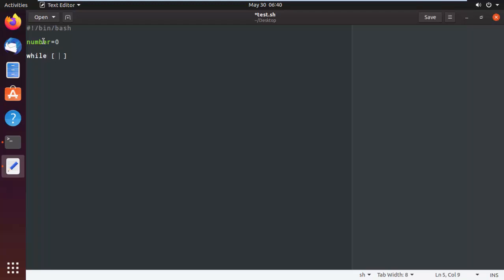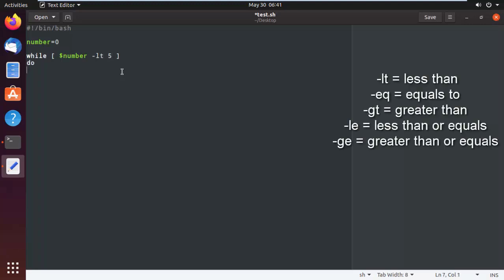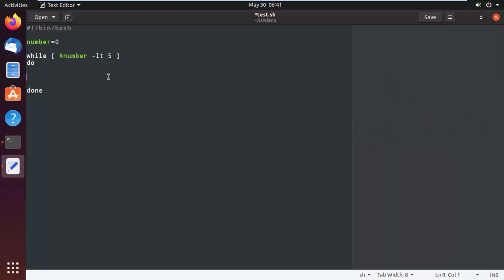Now we need to give it a condition in which the loop will be running. So the number, the $ sign extracts the value of the variable. In this case the value is 0. If number is less than 5, this is the basic syntax of the while loop,